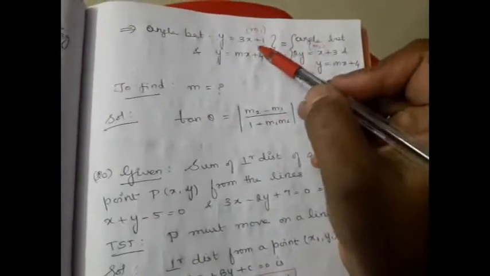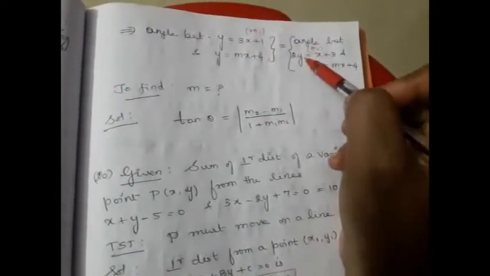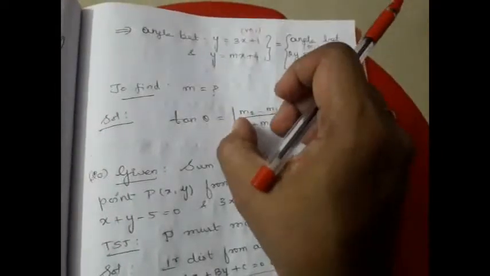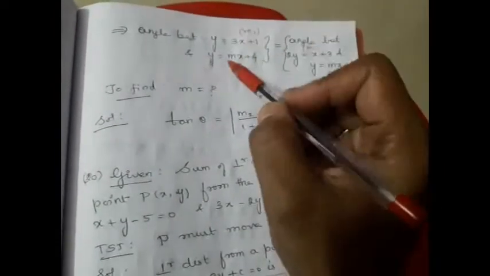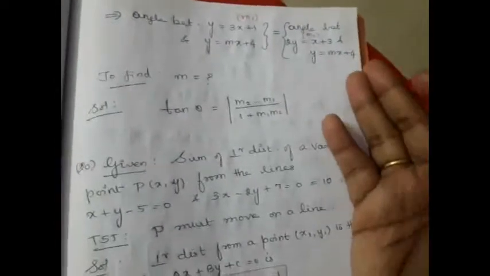Right? So, this is the tan theta formula. Since they have given the angle of inclination is equal, this modulus of m2, this is also going to be tan theta, this is also going to be tan theta. So, modulus of this is going to be equal to modulus of this. By equating, anyhow you will be having only one unknown, which is m. By simplification, you can arrive at the answer for m.